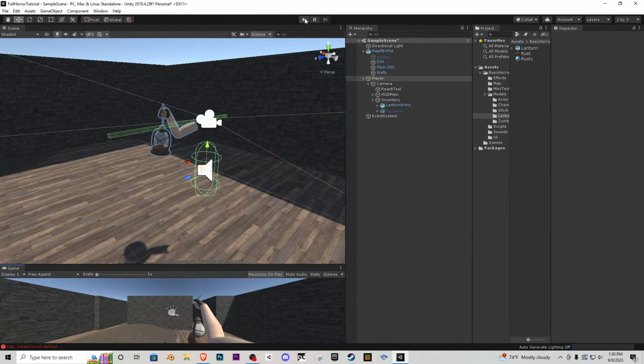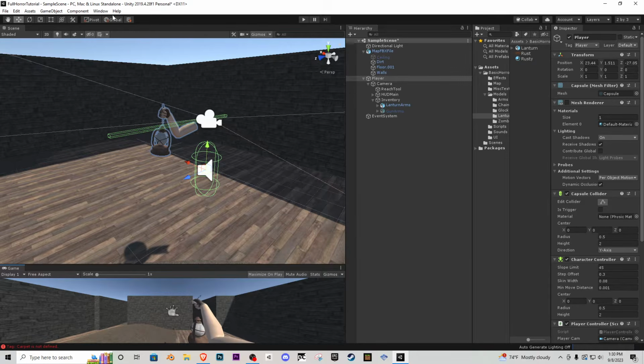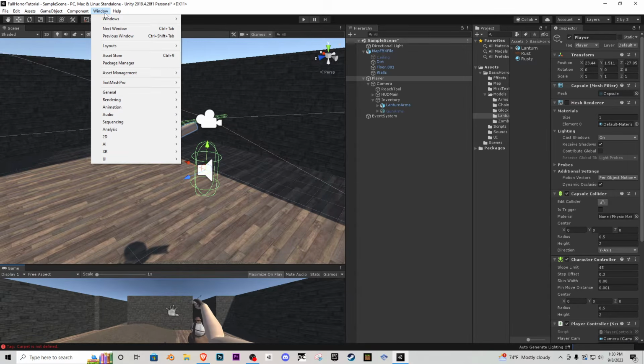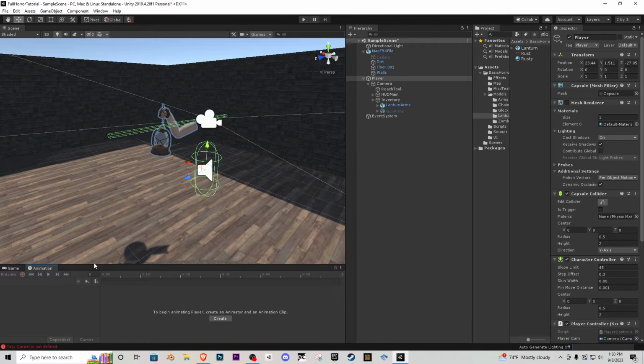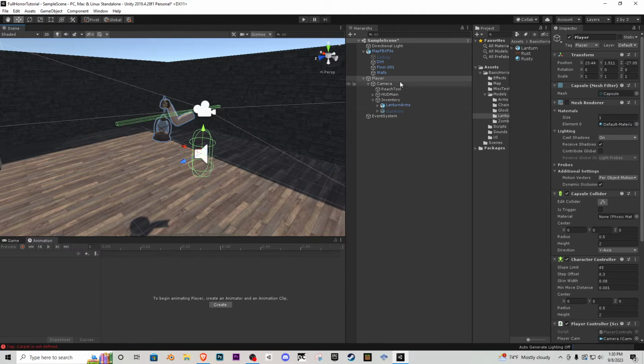So let's add a little animation to it. So we're going to touch some basic animations. We're going to go Window, Animation, Animation. Click and drag that right here. And then we will create a